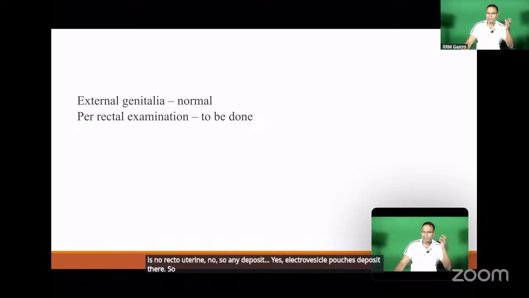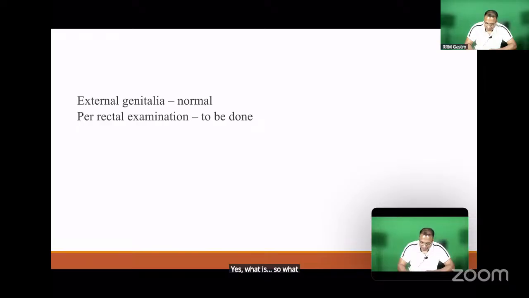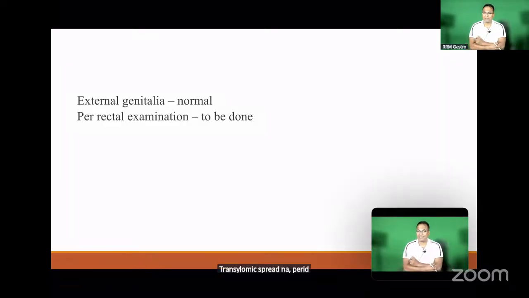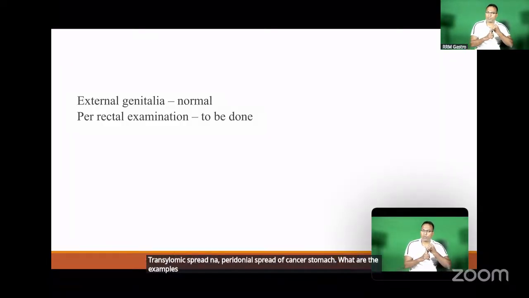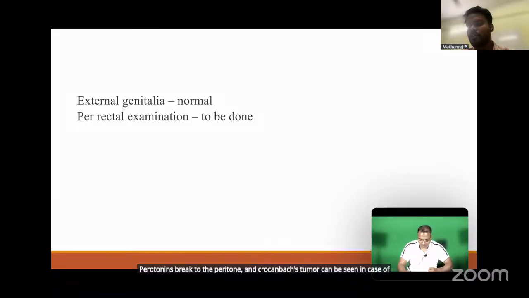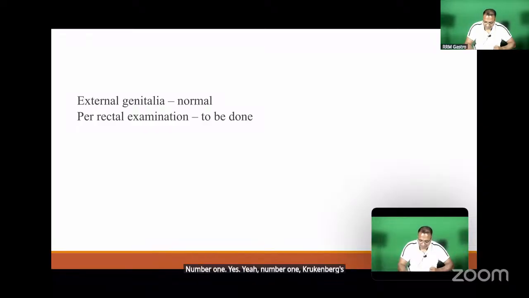So in males or females, what type of spread is Blumer's shelf? What are the transcoelomic spreads you have? Transcoelomic spread is the peritoneal spread of cancer stomach. What are the examples of transcoelomic spread? Number one, Krukenberg's tumor, which can be seen in a premenopausal woman. Number two, Blumer's shelf. Number three,